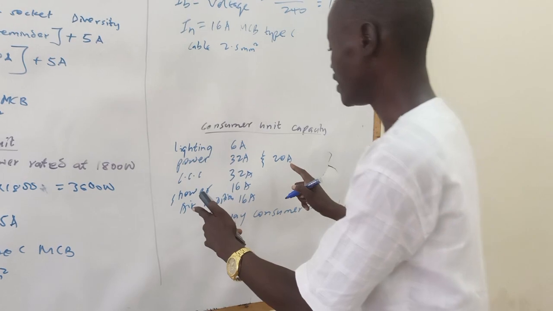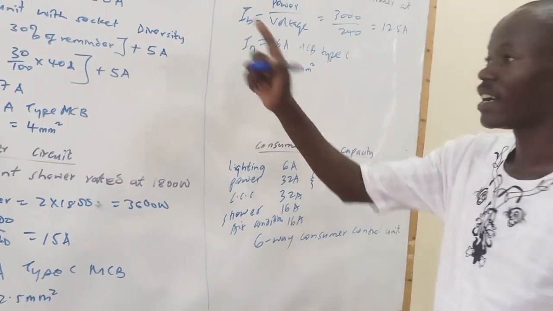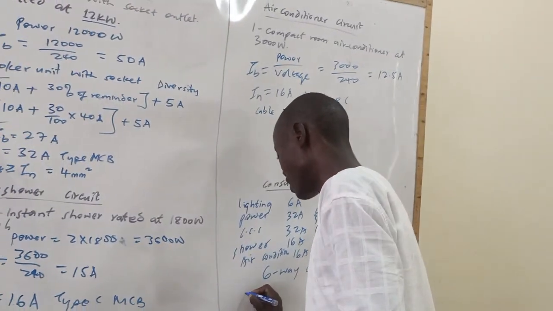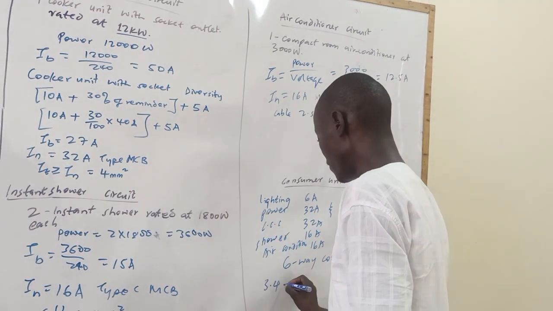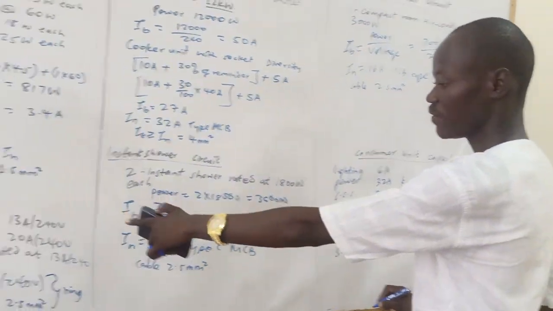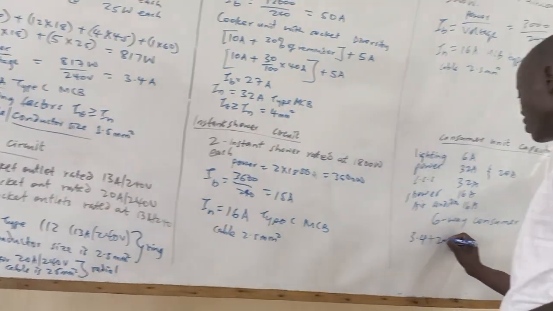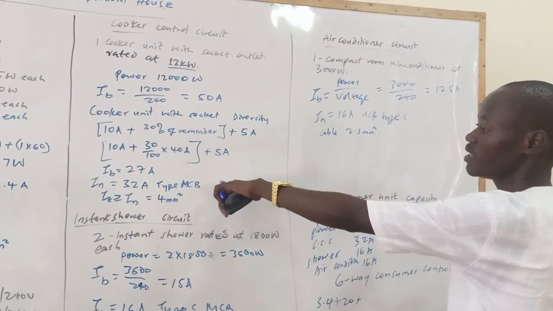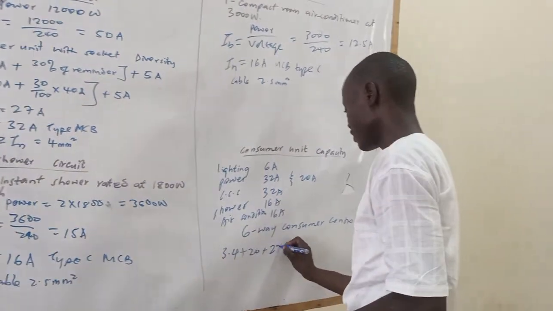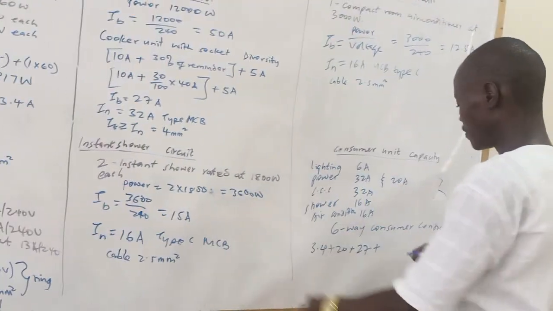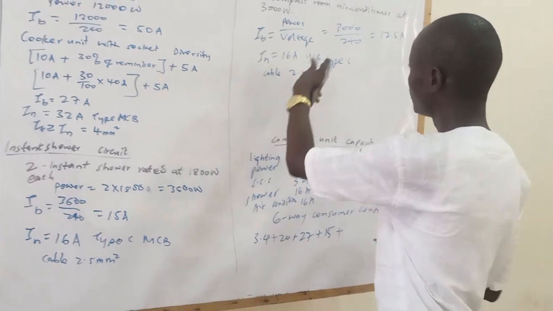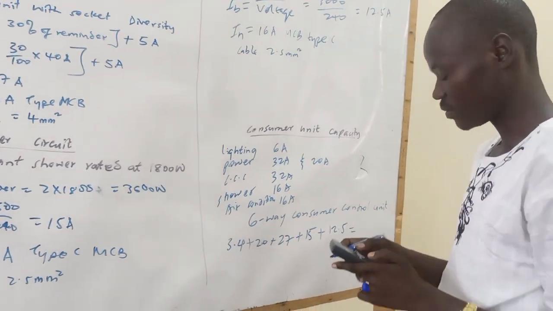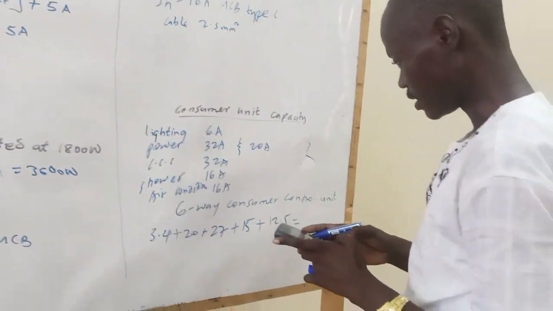So how do we go ahead and calculate the design current for the consumer unit? We just add all the design current. The design current, not the protective current. So what was the design current for the lighting? That was 3.4. Then come add for the power. Where the power we have 13, so the highest is 20. So we go with the 20. Then what was it for the cooker unit? The one that was standardized, that is 27. And then you come for this one, you have 15. Then we have 12.5. So when you do the sum of all this, you should get